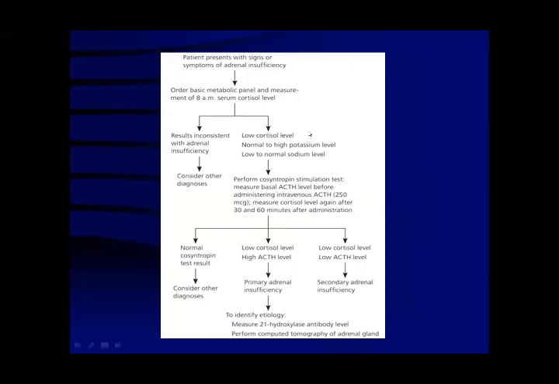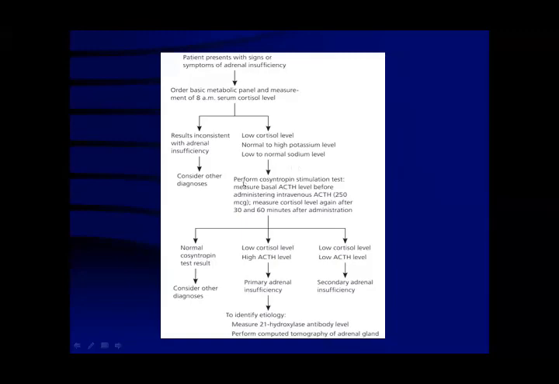But if there is a low cortisol level, normal to high potassium level, this is one of the biochemical changes: increased potassium and low sodium. This is a very typical picture of Addison's disease. And pigmentation. These three signs are very important. If you get a scenario with increased potassium, low sodium, and hyperpigmentation, you will definitely tick Addison's disease. This is the scenario level.